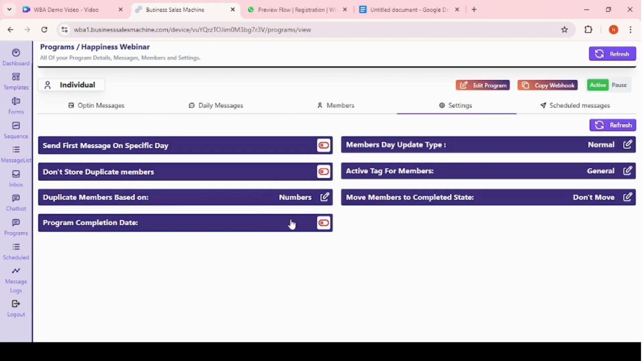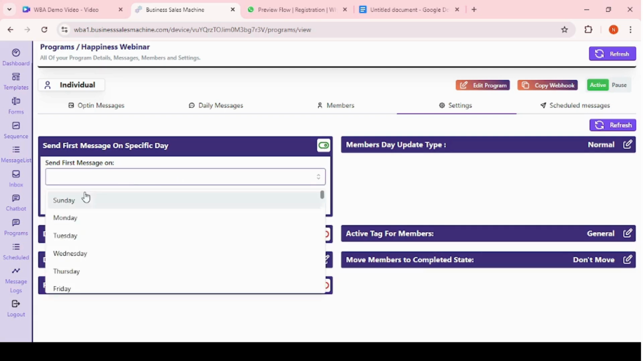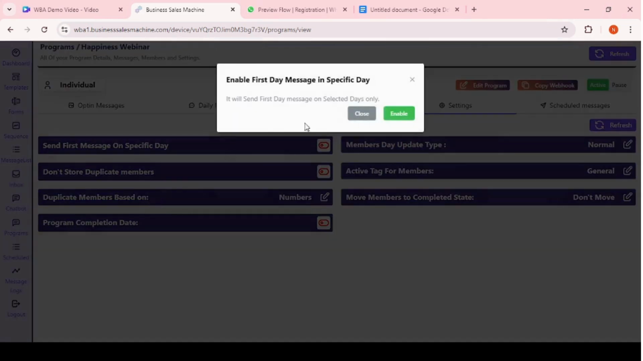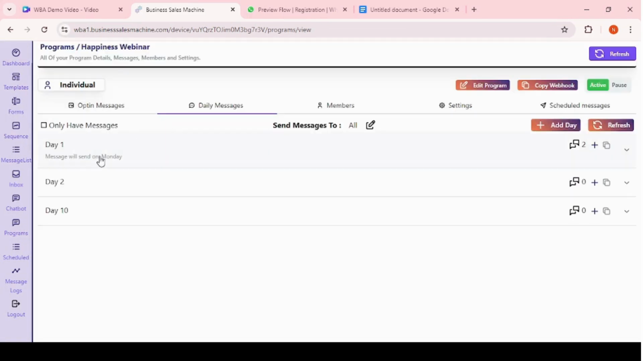Okay, so there are various settings, like if you want to send a specific message, the first message, on a specific day, right? You can go to send message, you can click on maybe Monday. Irrespective of the day the person is joining or registering for the program, they will receive the day 1 message from Monday itself. Okay, if someone is registering on Thursday or Friday, it doesn't matter. They will get an immediate message on the same day, but they'll get daily messages from Monday itself. Okay,